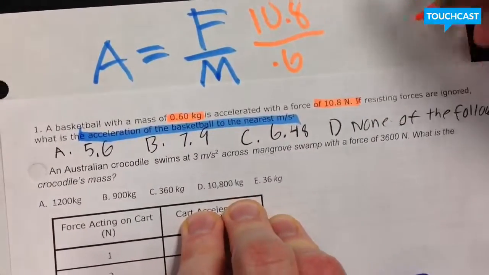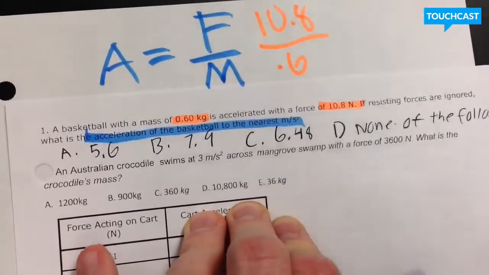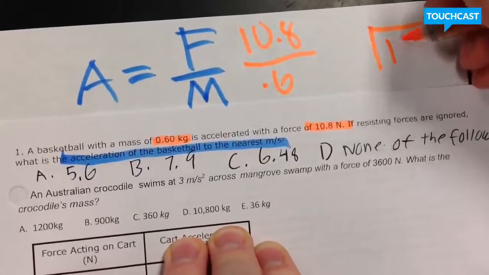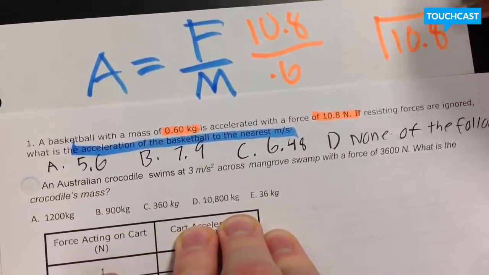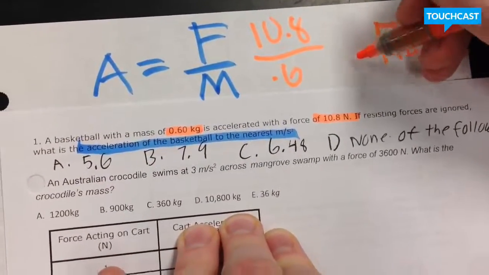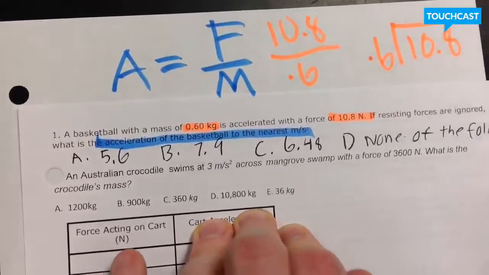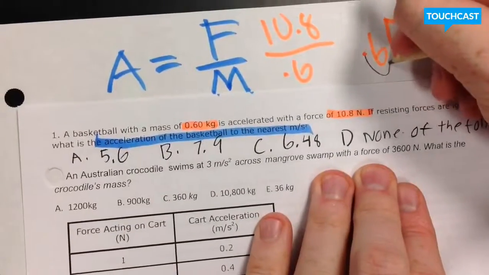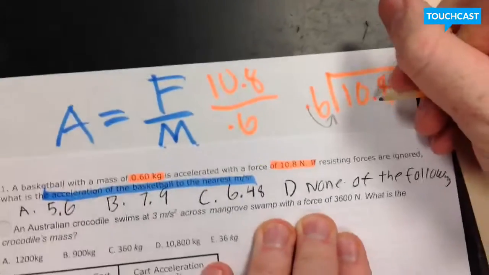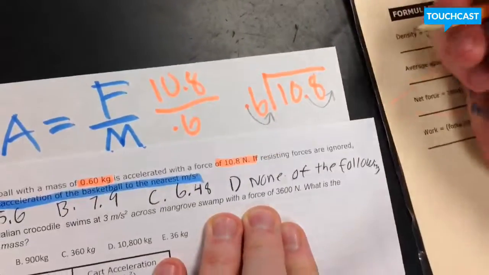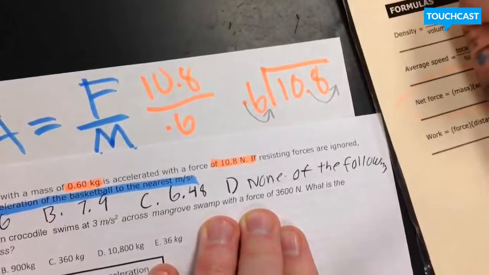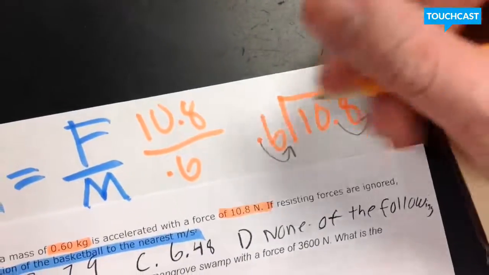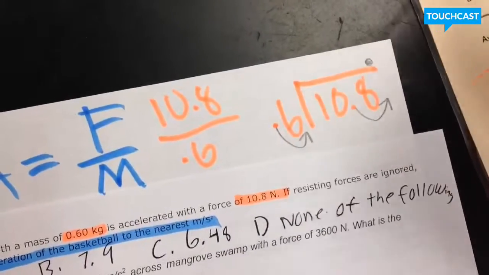Now, whenever you set these up, anytime you all have decimals, I want y'all to set them up in a box, as so. So you have 10.8 and you have 0.6. Now, here's a little trick. If you move this decimal place 1 here, you can move this one over here, and basically you make it a whole number. So we put our decimal up here,